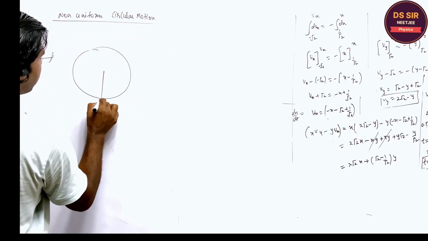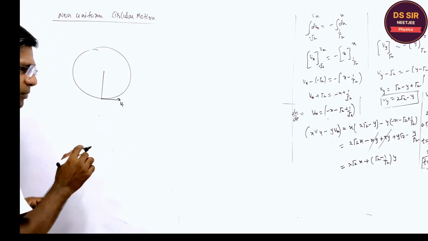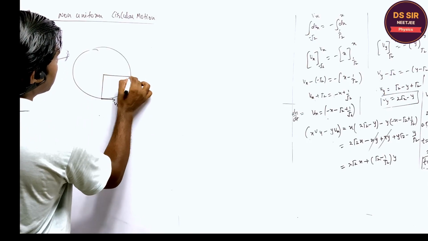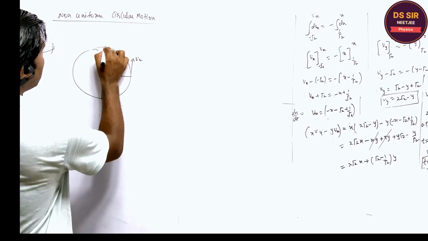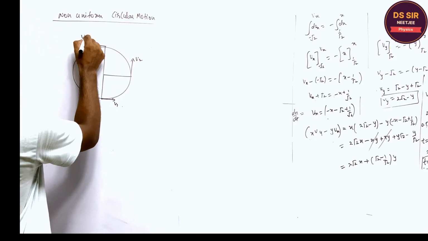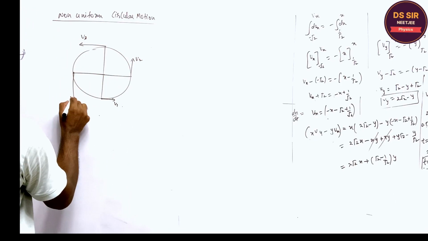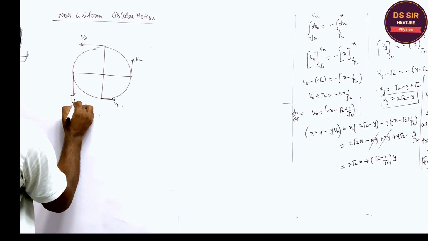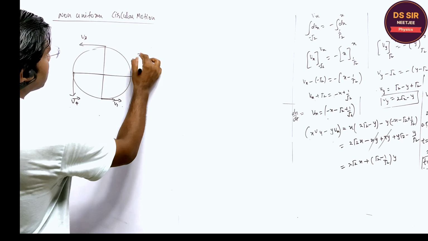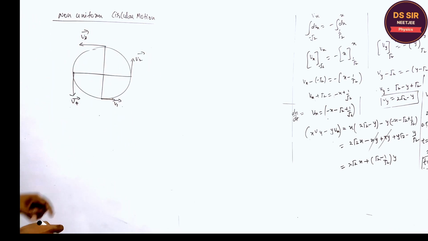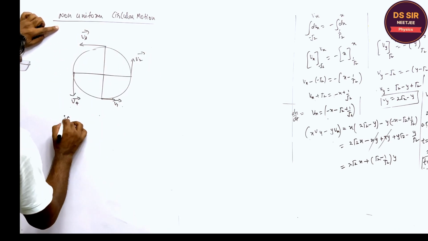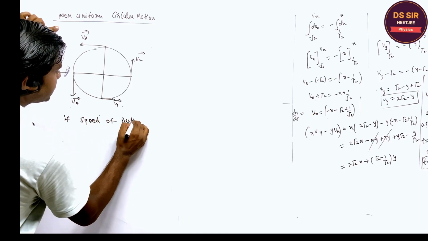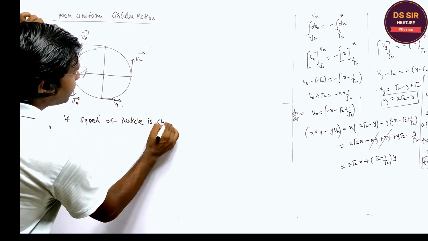Tell me. If the velocity, the speed of the particle, this is the v1, right? This is the v2, and this is the v3, like this. So the magnitude of the velocity is changing continuously together with direction. Is it clear or not? This is the non-uniform. If the speed of the particle is changing with time,